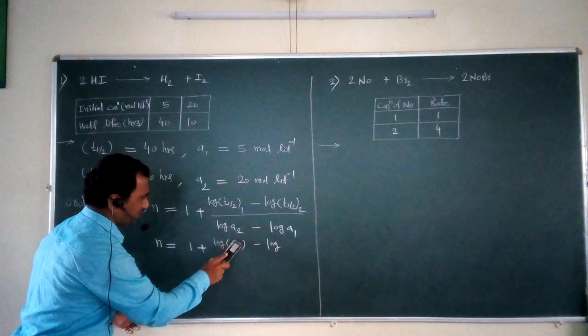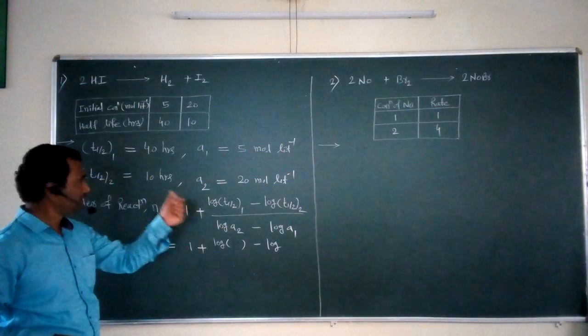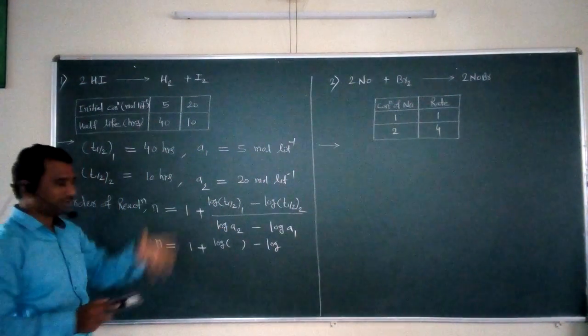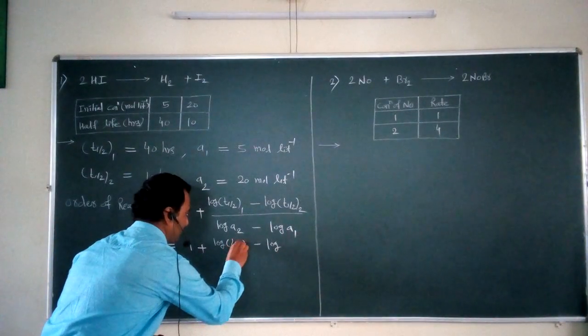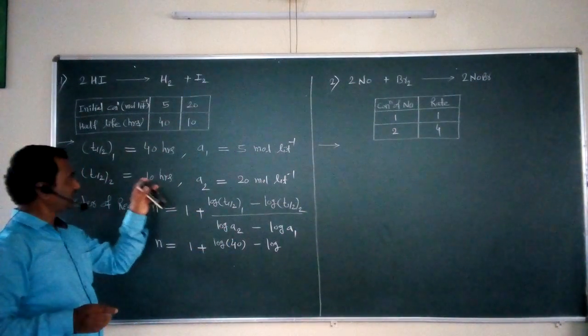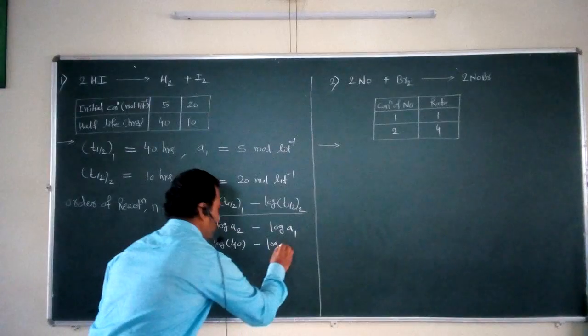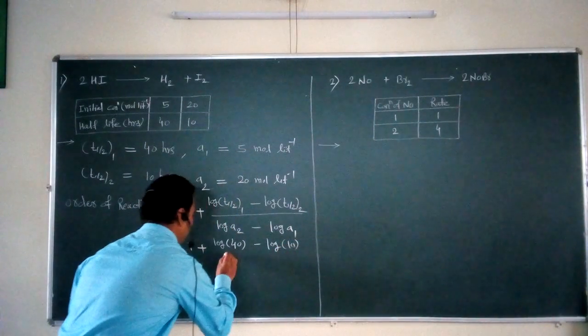We have to take the first half-life period. So what is the first half-life period? It is 40. Okay, so the first half-life is 40, and the second half-life is 10 hours. So, minus log 10 divided by